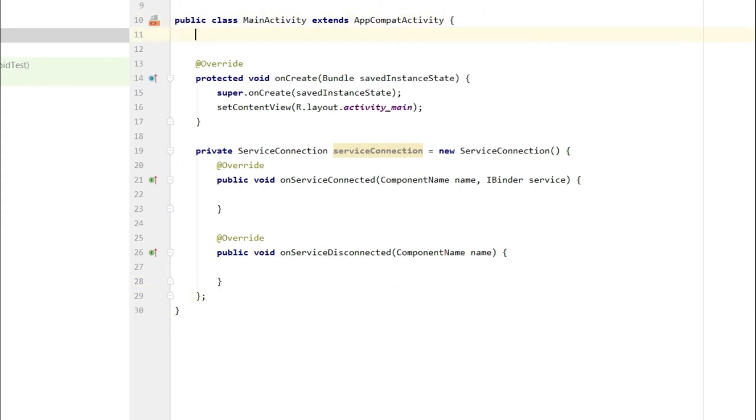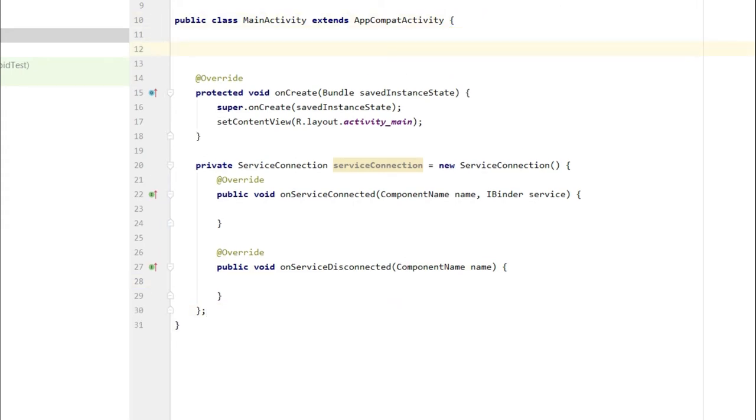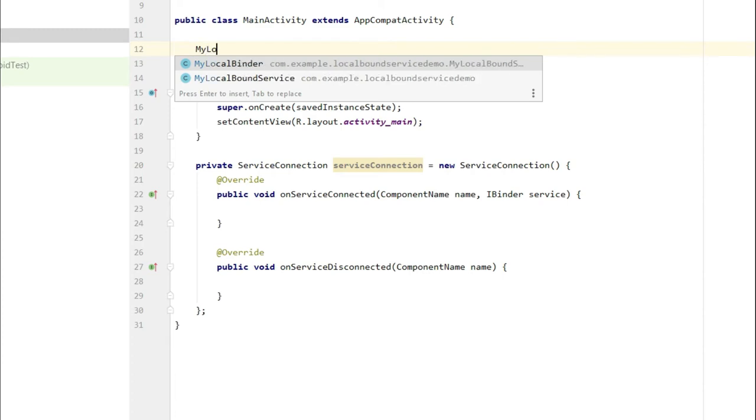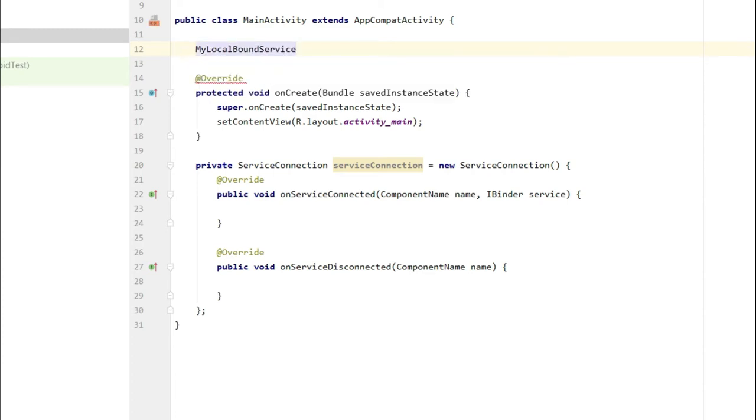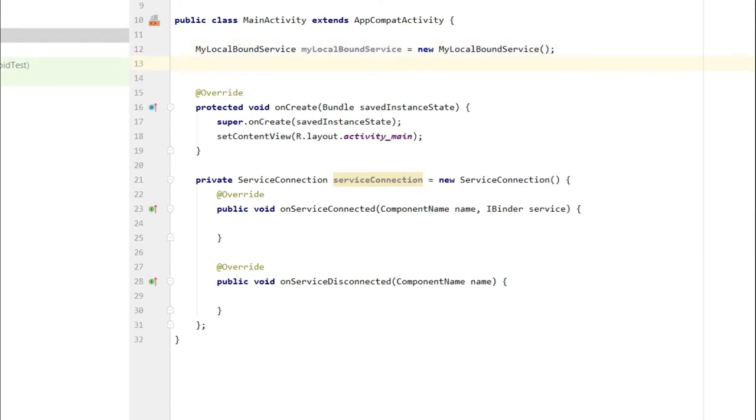To bind this, we will have to take the instance of our service, MyLocalBoundService, equal to new. In the same way we can create a boolean which will return the status of whether the component is connected or not. isConnected is equal to false.